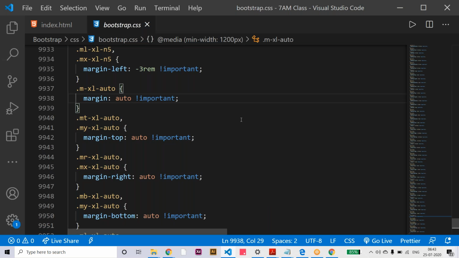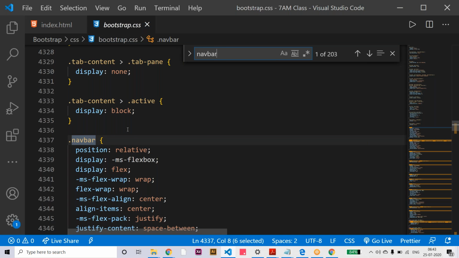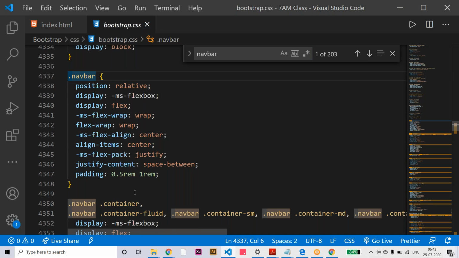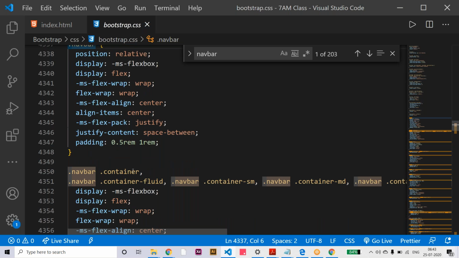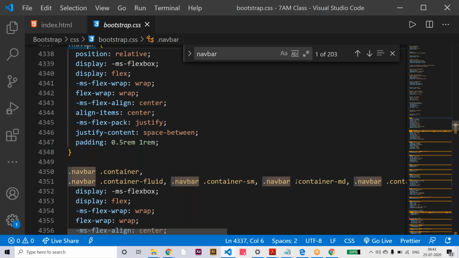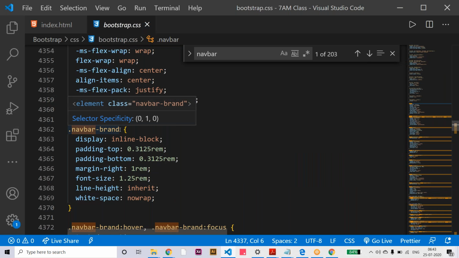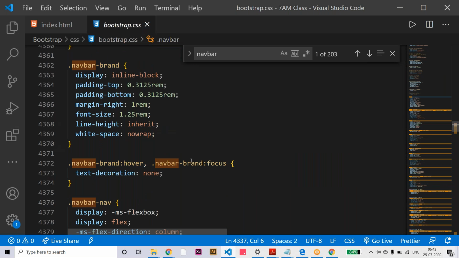For example, navigation: let me find the navbar. The navbar starts here, and immediately they use other subclasses and child classes: navbar-container, navbar-content-fluid, container-sm for the device purpose, and below, navbar-brand and navbar-brand hover, some hover effect.